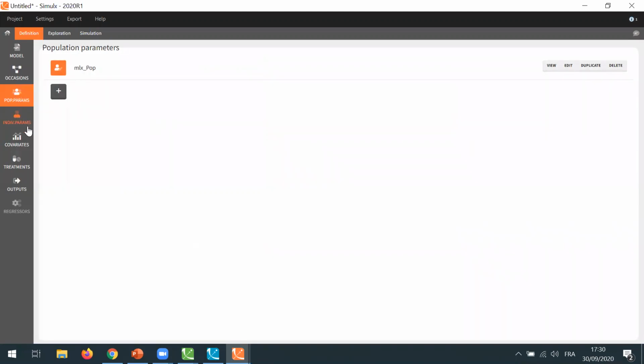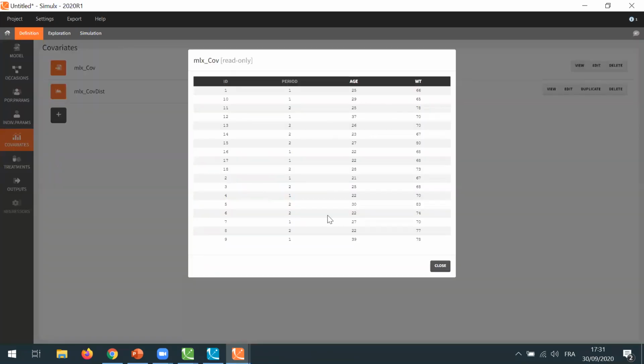For some of the simulation elements, for example, covariates, Simulix generates several options from the initial Monolix project that I can choose for the simulation. So here, for instance, I have the choice between MLXCOV, which is a table of individual covariate values that I can view here. So these are the individual covariate values from the initial data set.